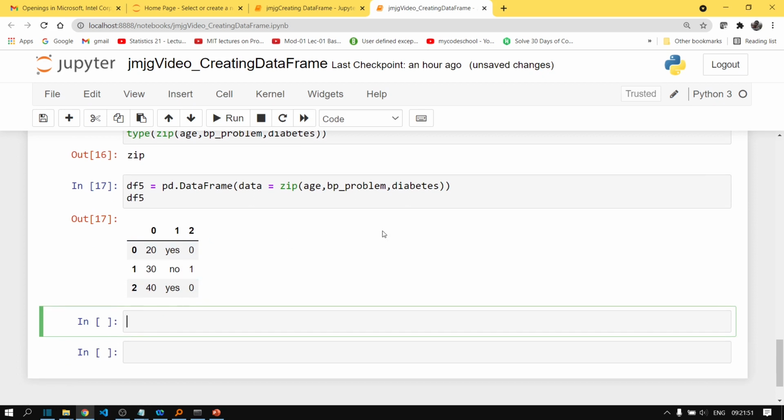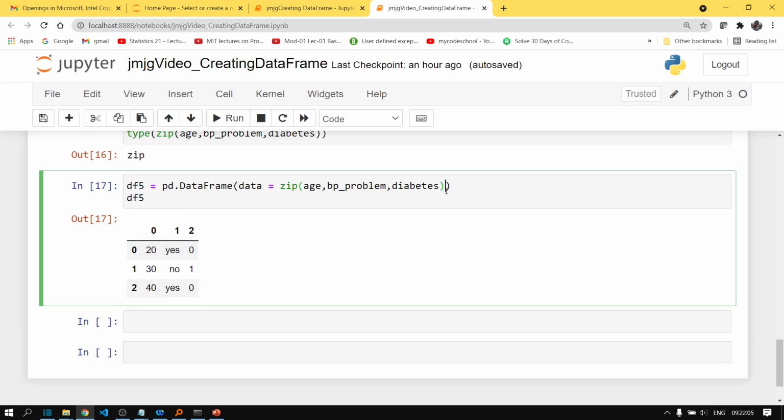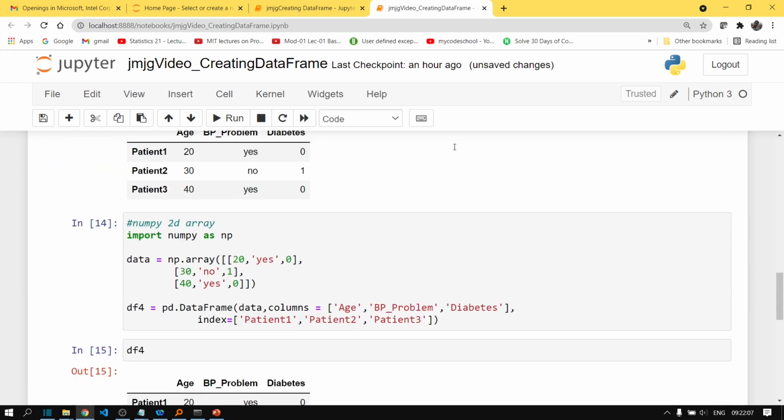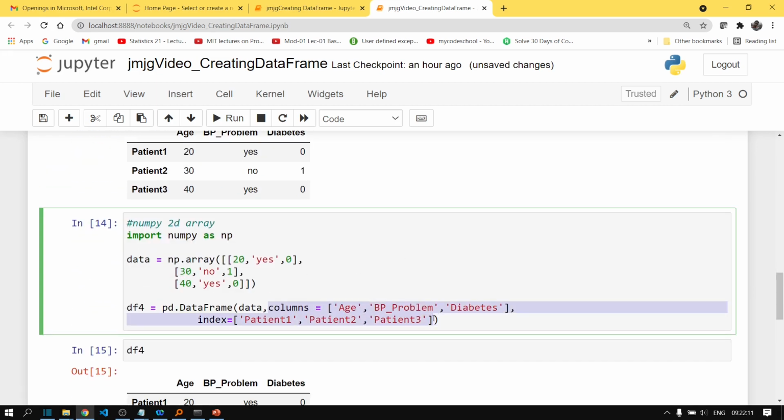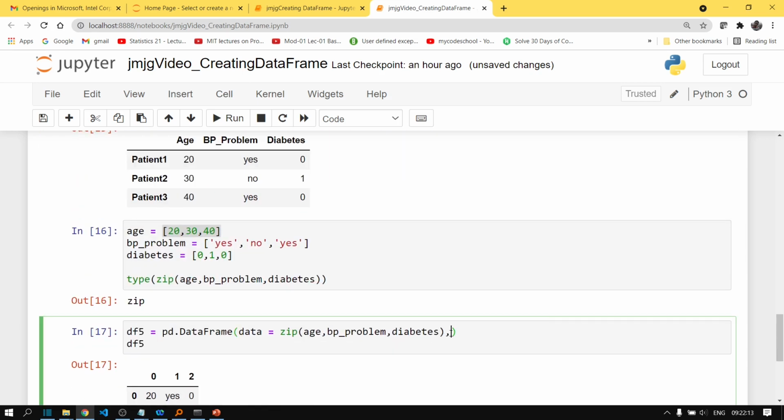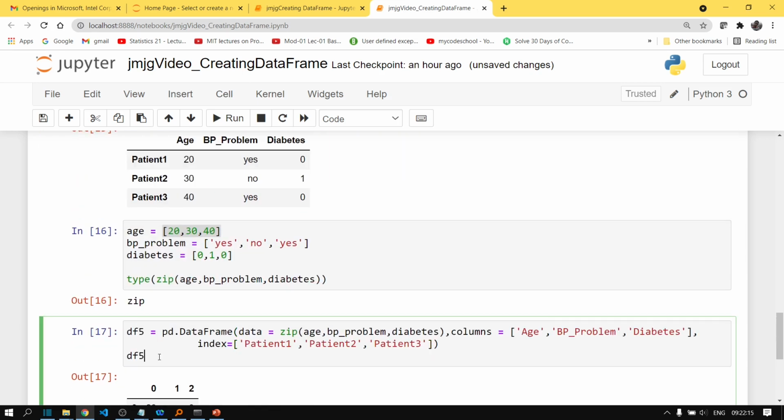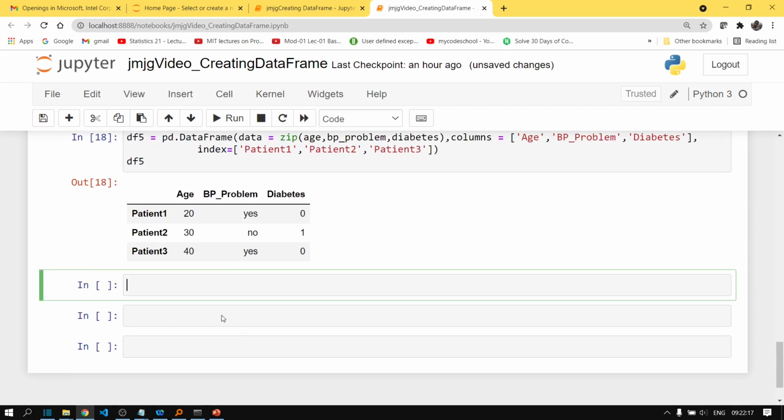So you can see when you pass neither the columns nor the indices, they are taken as 0, 1, 2. So it starts from 0 and takes consecutive integers as the values of the indices and the columns. So you will have to pass the indices and the columns again, right? And you get your desired data frame.